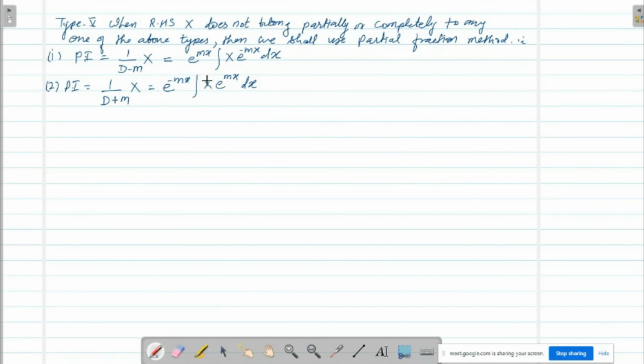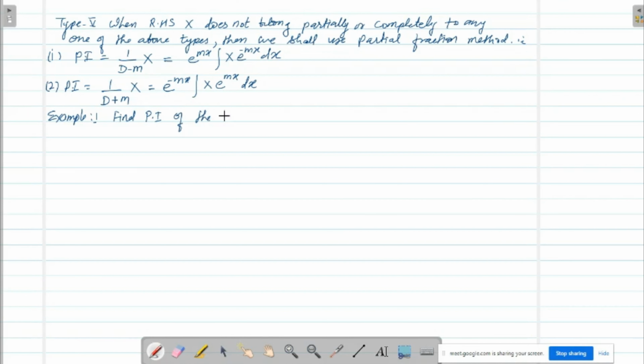Okay, when the right hand side of your differential equation does not belong to any one of these forms, then we will use this technique to solve the differential equation. So let us do one problem based on this, then you will understand the concept easily. Write down the problem: solve or find PI. Just example number one. Find PI, the particular integral of